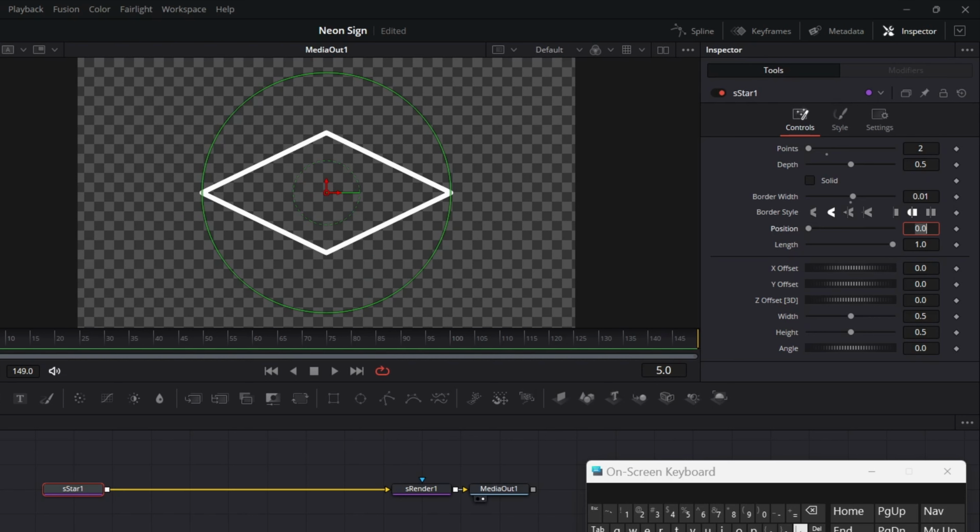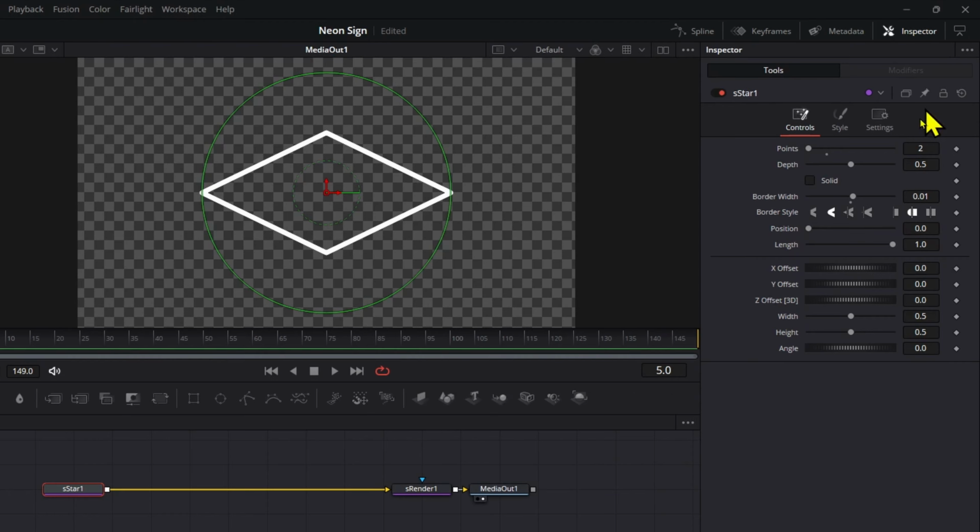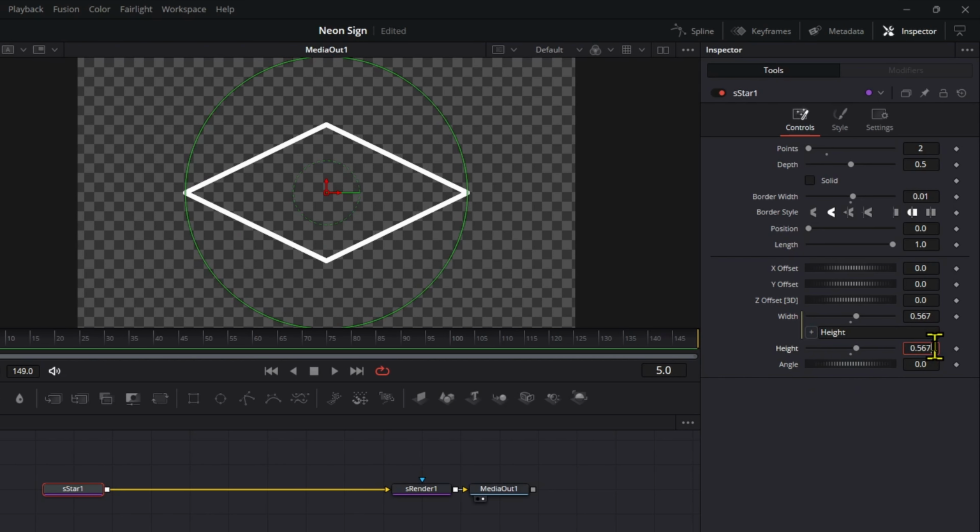We're going to connect the width and the height together with an expression. So right click on the width, expression. You can either type in height in the box, delete the 0.5 if you do that, or grab the pick whip from the plus sign, take it to the height and let go. I'm going to set it to 0.7